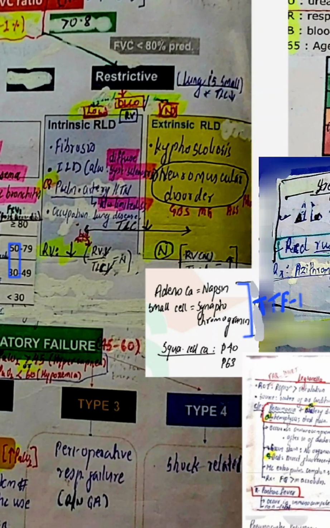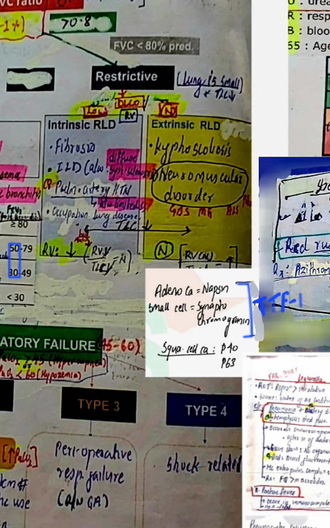In occupational lung diseases like silicosis and asbestosis, since it's restrictive, total lung capacity will decrease in both, whether it's extrinsic or intrinsic. If we talk about residual volume, residual volume and diffusion lung capacity will be low in case of intrinsic. So if residual volume is low, the ratio of residual volume to total lung capacity, since residual volume also decreases and total lung capacity also decreases in intrinsic, the decreases will neutralize, so the ratio will be normal. But in case of extrinsic,